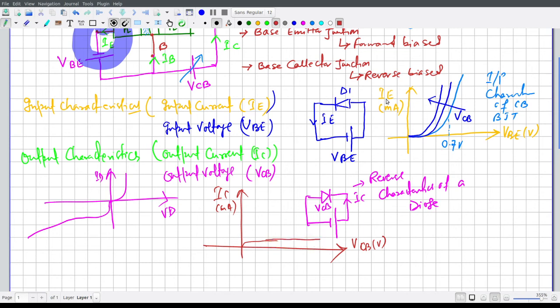Okay, so I am giving one more, because for this IC we are very familiar with this relationship: alpha times IE plus some reverse saturation current ICBO. So when this IE is nearly 0, there will be some constant current like saturation current, that is our ICBO. My picture is not clear.